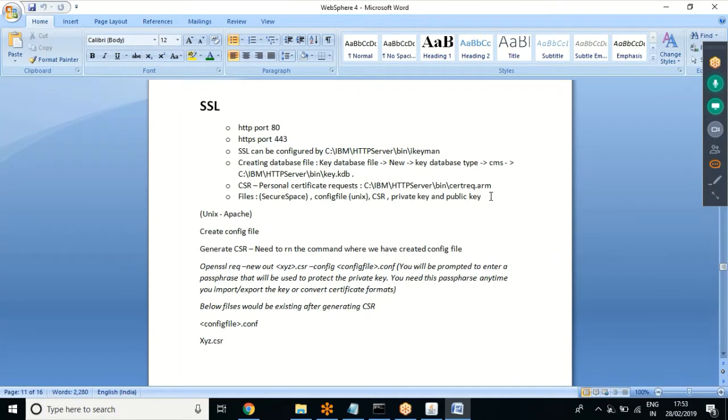We'll discuss the WebSphere level and the Unix level. To start with the WebSphere level, first the port number. The default HTTP port is 80, as we have seen while integrating the HTTP server to WebSphere. Once you configure the secure socket layer, the server port would be changed, meaning the SSL port would be 443. So the communication will get established with port 443. Again, if you see in the web servers,